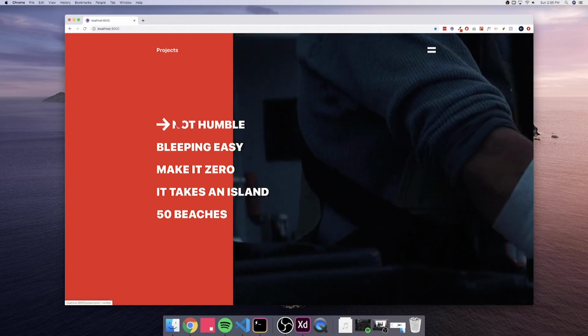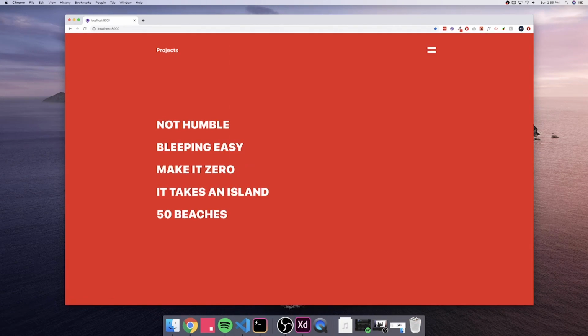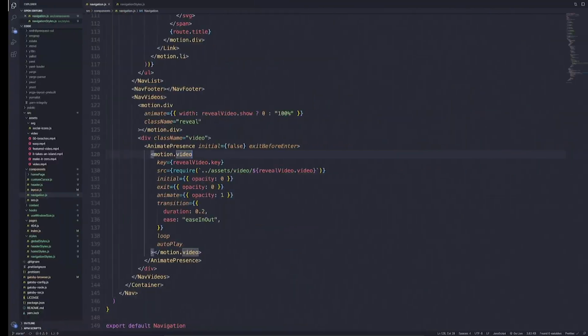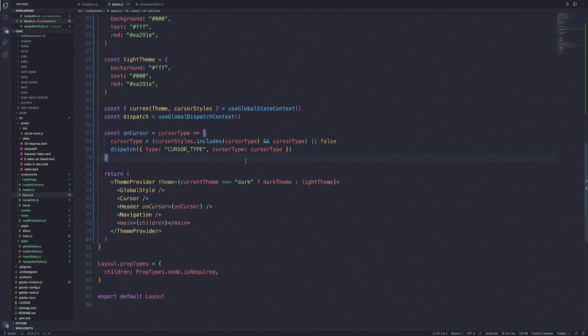For this cursor, it would require us to update the cursor on a global scale. So when we open the navigation menu, I want to let the cursor know that the navigation menu is opened, and I want it to result in a different look. So let's do that. To make this work, we'll need to open up layout.js, and in